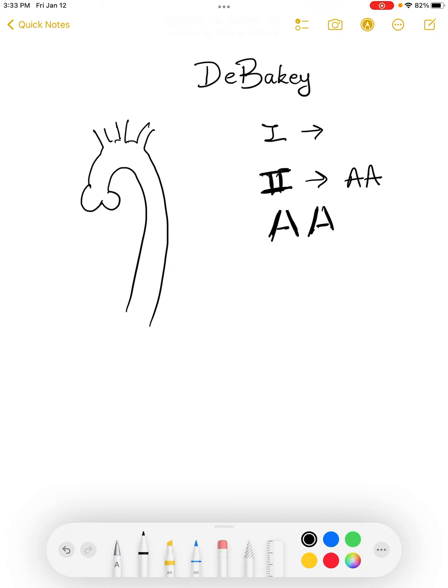We have type 3, which is what's remaining, which is the descending aorta, and then you have 3A and 3B. So 3A is the descending aorta above the diaphragm, and 3B is the descending aorta below the diaphragm which is involved. The Stanford classification of aortic